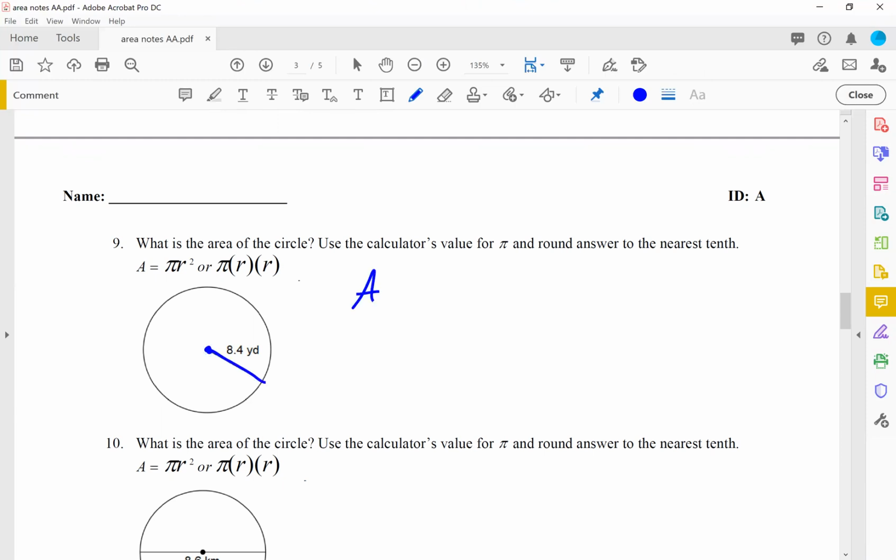So area is pi times, and then our radius, 8.4 times 8.4, because remember, r squared is just r times r. So I usually say to put it in like this into the calculator. It just makes it a little bit easier. And again, use the value of pi in your calculator. So pi times 8.4 times 8.4, and we get